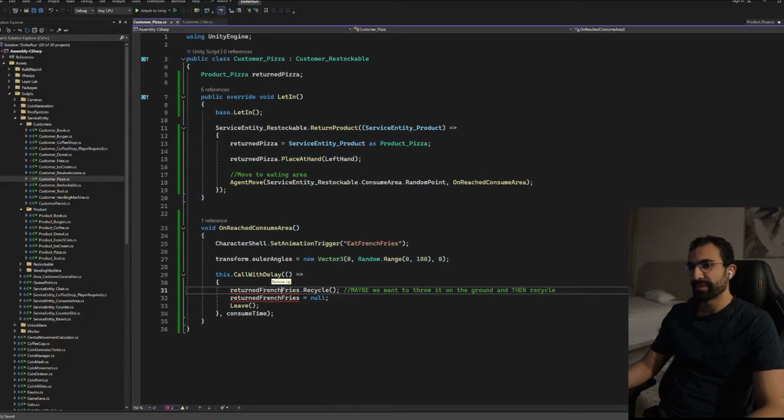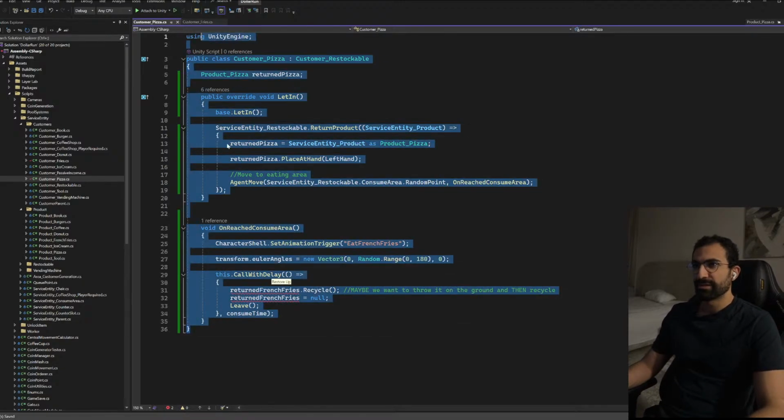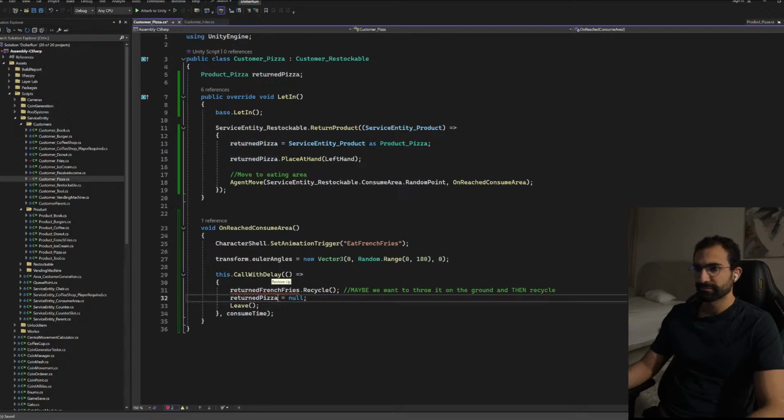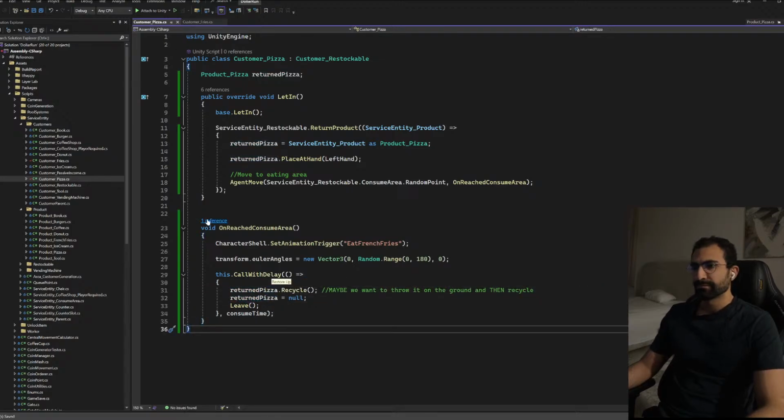So having this level of, how would you say, customization is appreciated. There's definitely a better way to do this, but